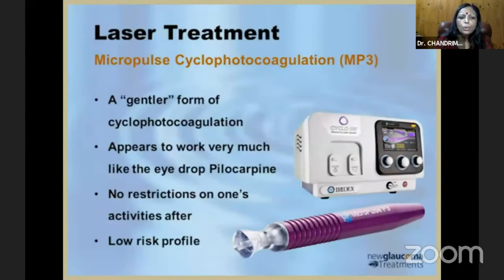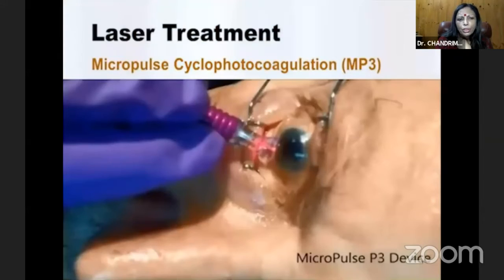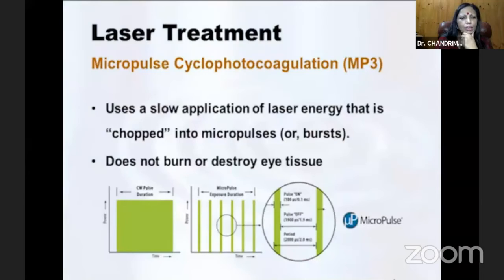So the micropulse cyclophotocoagulation, that is what has popularized in the recent days, and it's a gentler form of cyclophotocoagulation, appears to work very much like the drop pilocarpine. It has a mechanical effect, no restrictions on one's activities, and it's a low risk profile. That is how it is done. You actually go in a semicircle on the hemispheres, and that is actually